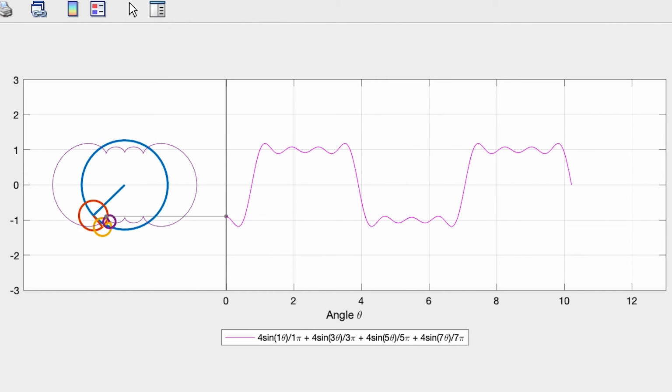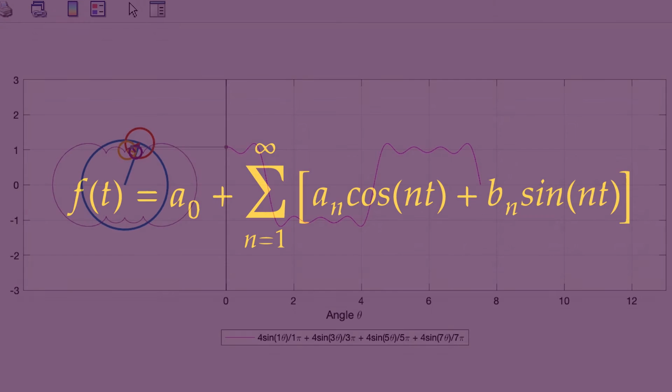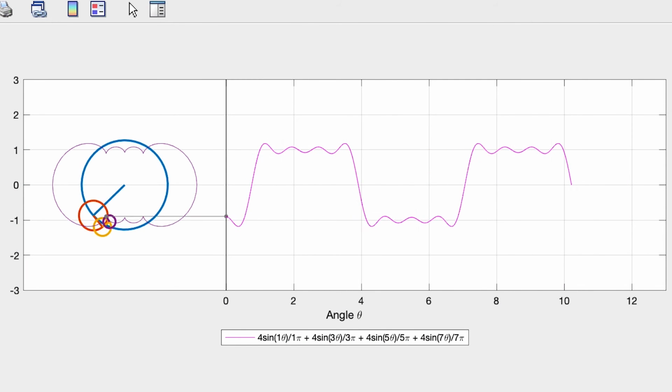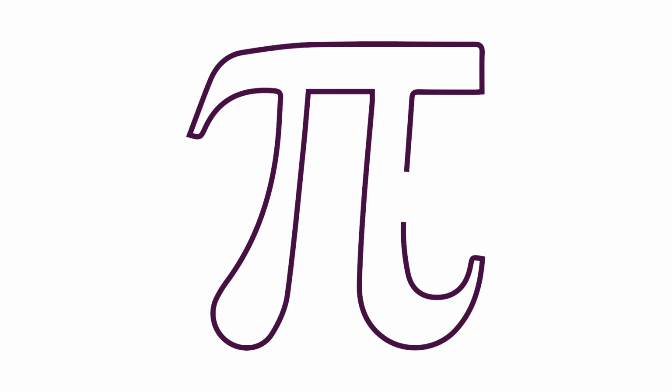This is possible by a series known as Fourier series. Like in Maclaurin series, we convert a function into infinitely many sums of powers of x. In Fourier series, the function is converted into a sum of infinitely many sine and cos functions with different frequencies. Every sine and cos function acts as thousands of rotating vectors whose resultant ends up tracing really complicated curves.